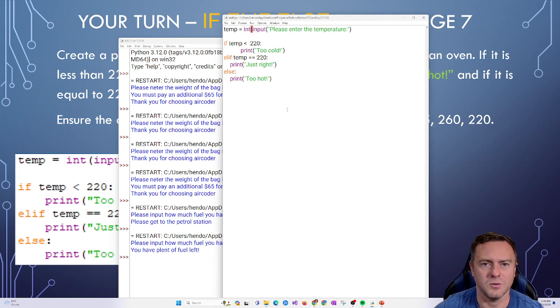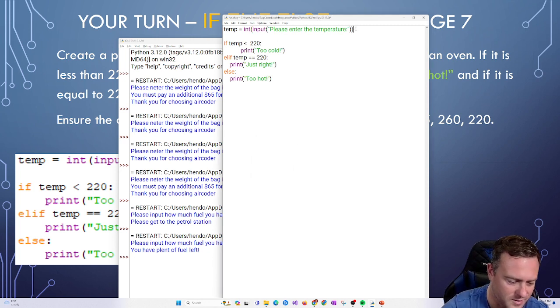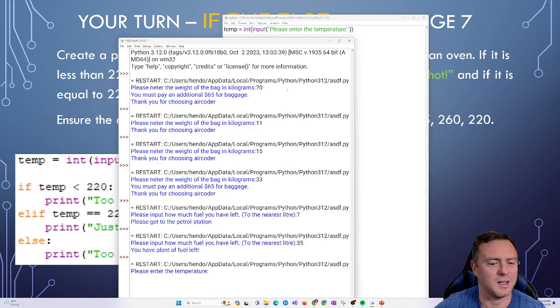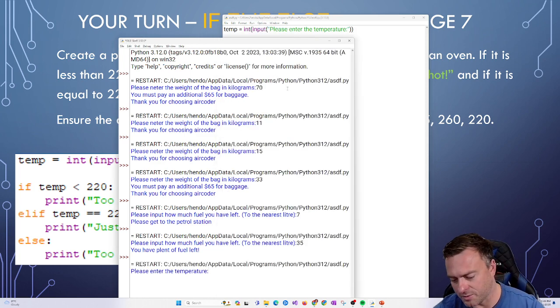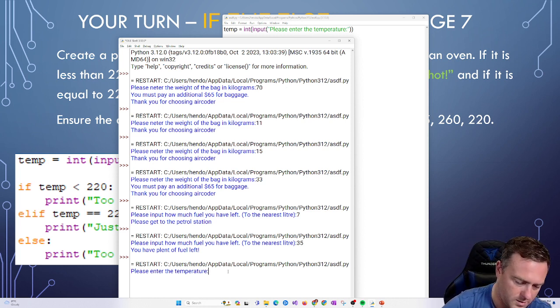So if we run this, oh, sorry, I forgot to close it off. That's what I like about IDLE. It shows you exactly where your error is. So now if we type 175 in the interpreter,